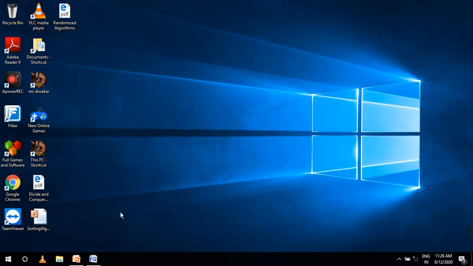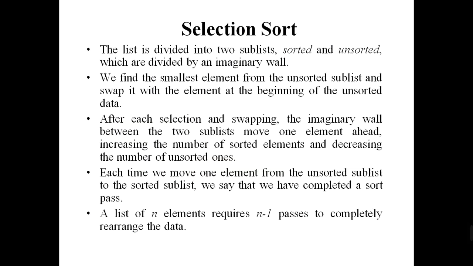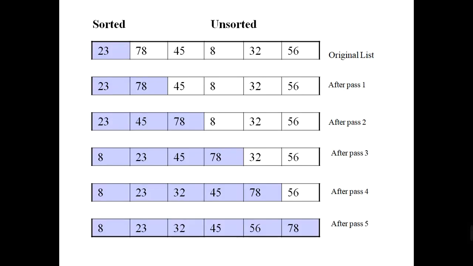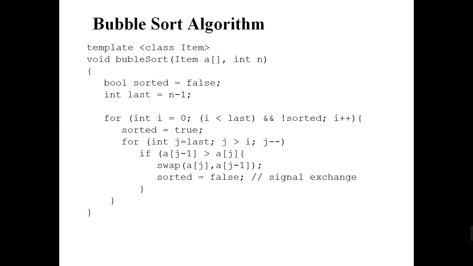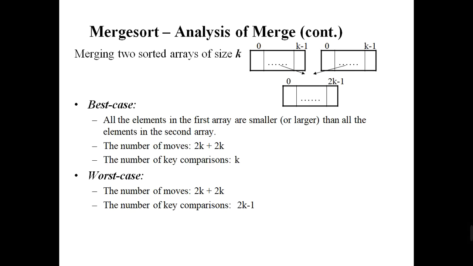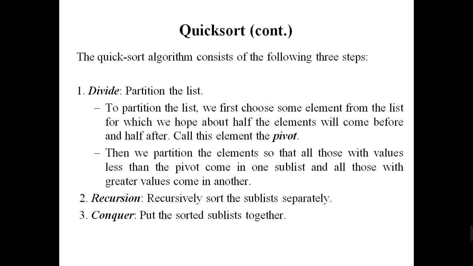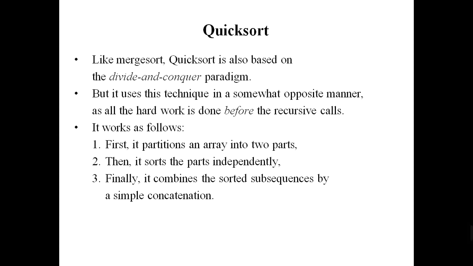This is a very simple method. I will give you the logic. What is the logic you have to study? It is a very simple method. Partition means swapping, exchanging the values. That is the logic. In merge sort you use the divide and conquer method, and here the logic changes slightly.